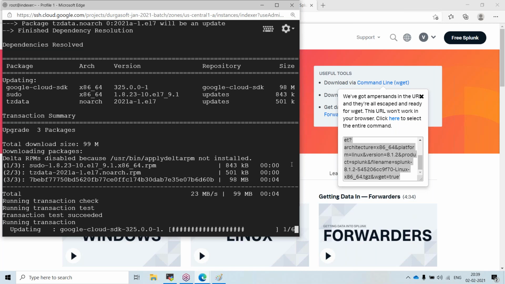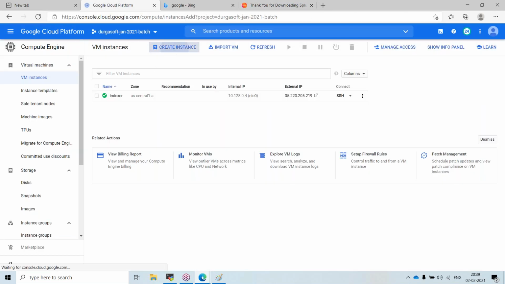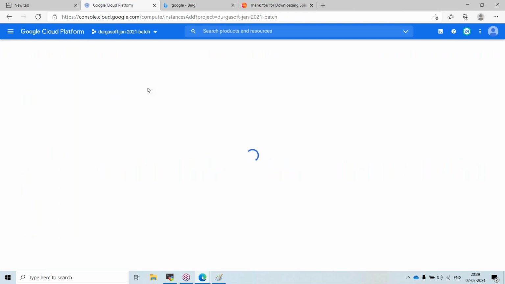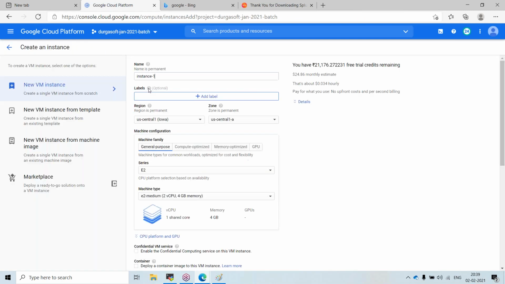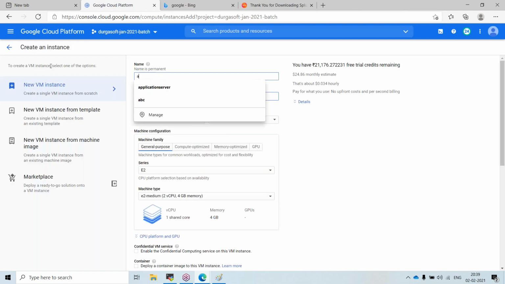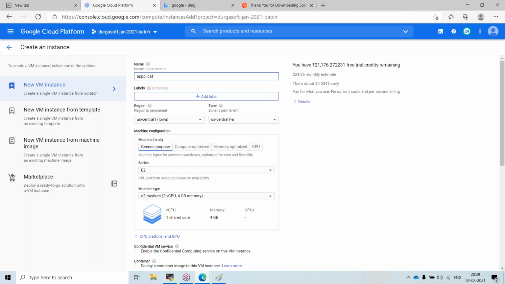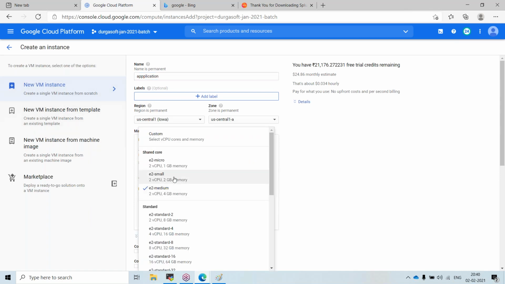Meanwhile, we'll create one more instance for our application server. I will call it application, and I will choose 1 GB RAM and 2 vCPU.